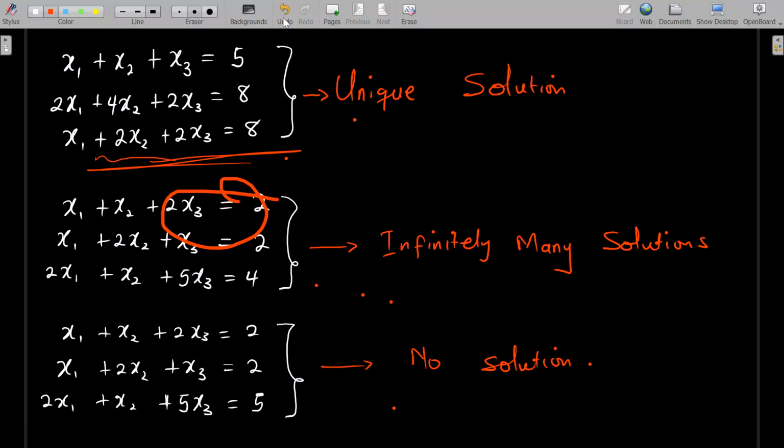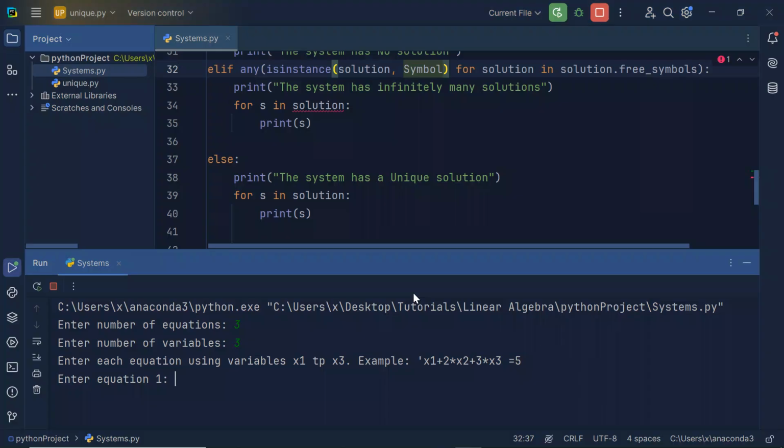That system is given by 1 times x1 plus 1 times x2 plus 2 times x3 equals 2, and then the second equation is 1 times x1 plus 2 times x2 plus 1 times x3 equals 2. And we have 2 times